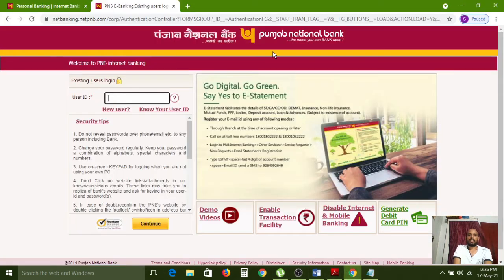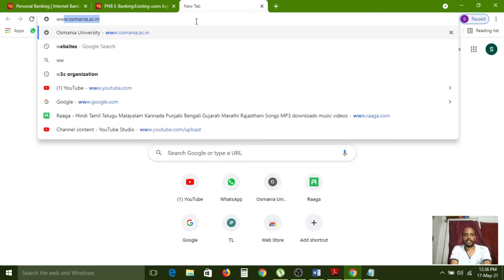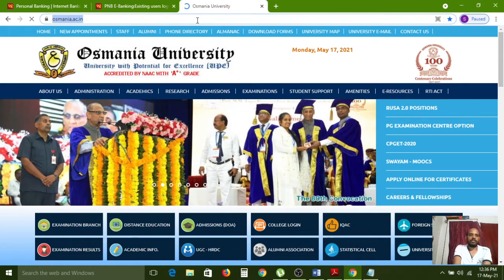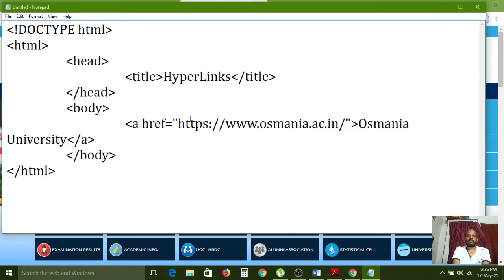How to give that website address? First we need to open www.osmania.ac.in. This website has opened now. So from the address bar, you can simply copy it and paste it here: https://www.osmania.ac.in/ in between double quotes. That website address I have given here.